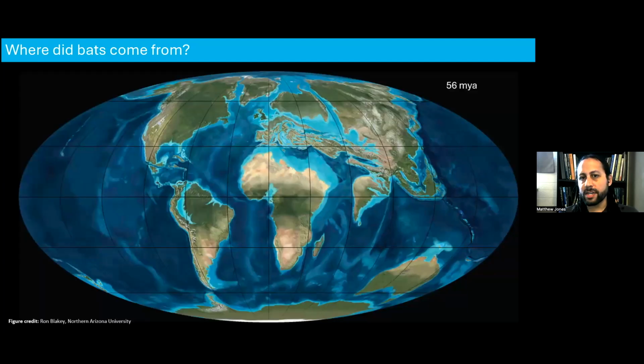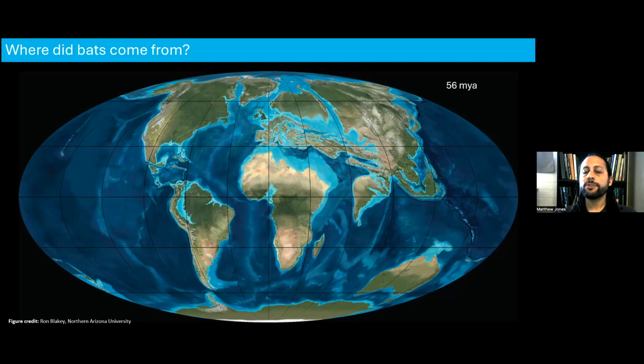So this is what the Earth looked like more or less when bats first show up in the fossil record. And it's not a great image because there would have been a connection between North America and Asia via the Beringia region, so very far northeastern Russia and Alaska, and also a connection between North America and Europe via Greenland. So these northern continents were all connected, and mammals and animals, plants were able to travel between these continents, especially in particularly warm periods. Whereas the southern continents, South America, Africa, India to some degree, Australia, Madagascar, and Antarctica, were